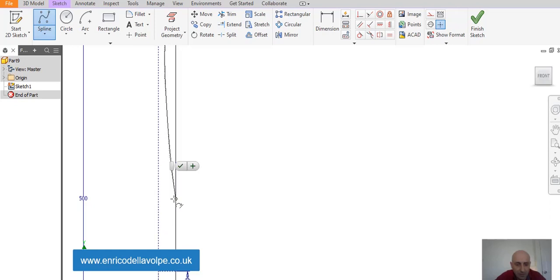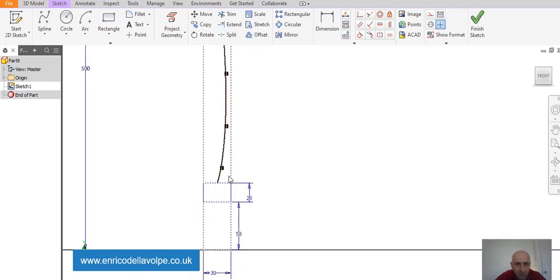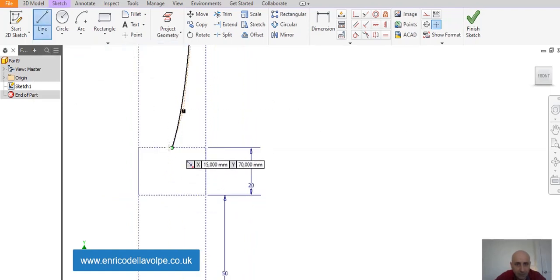In here I'm creating a little bit of belly, and then I close in the middle of the rectangle. Just complete, adjust the point, and then create another construction line,